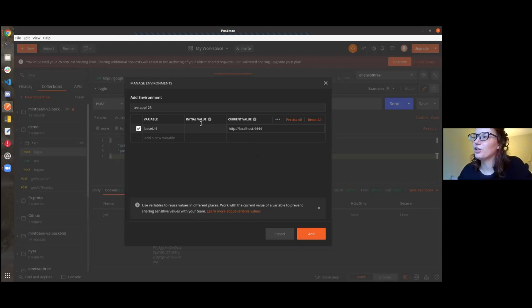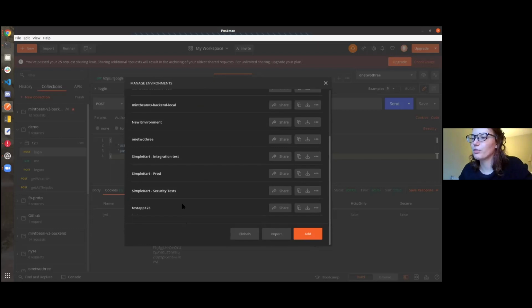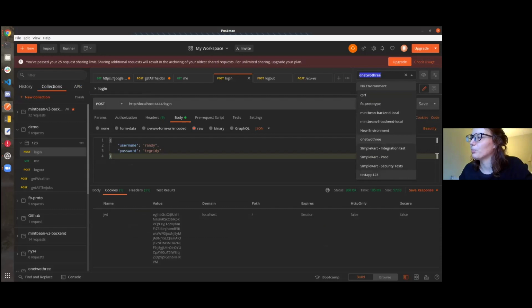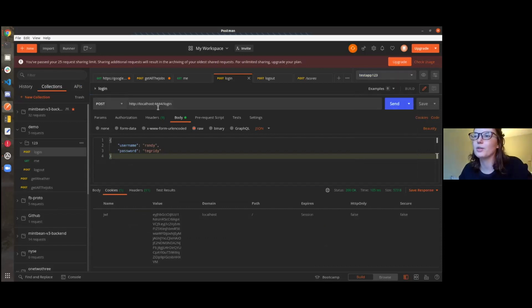And it lets you have an initial value and a current value. And if you hover over it, it's going to say the initial value is shared with your team. So we're going to get to how you can share your collections. But this is kind of like the canonical value. And the current value just means it will override the initial value. So I've created an environment called test app. And now I can access the test app environment by clicking this drop-down menu. So now we're in the test app world, meaning that the variable named base URL is going to have this value, localhost